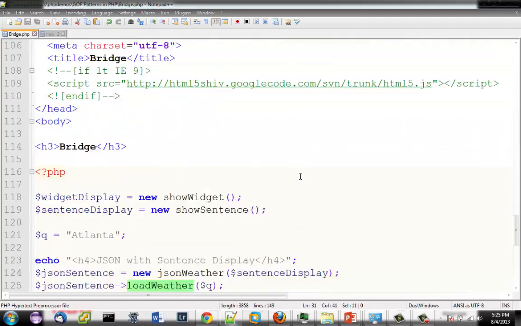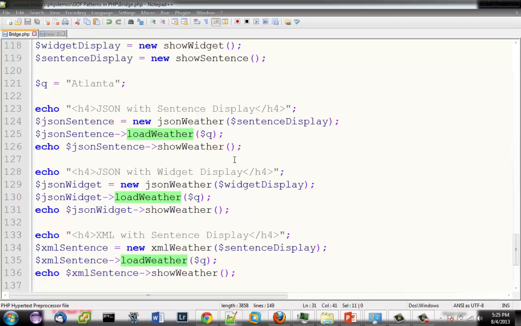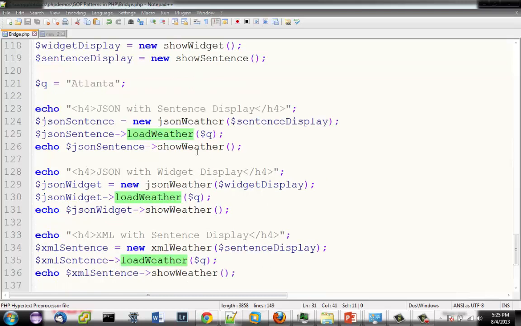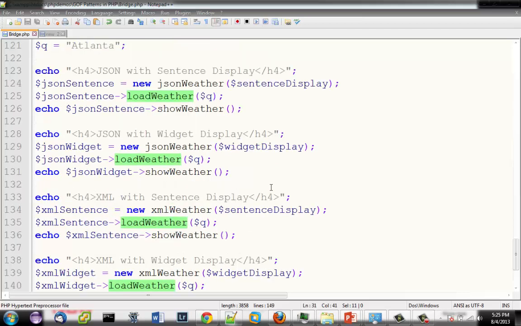And down here, I'm just creating a couple of instances. I'm setting the query to default to be Atlanta, and then I'm creating a show widget and a show sentence as my different displays, and then I'm passing one of those into the JSON weather, using that JSON weather as a sentence display and JSON weather as a widget display.